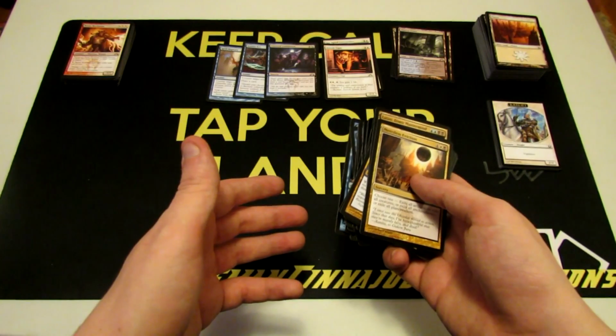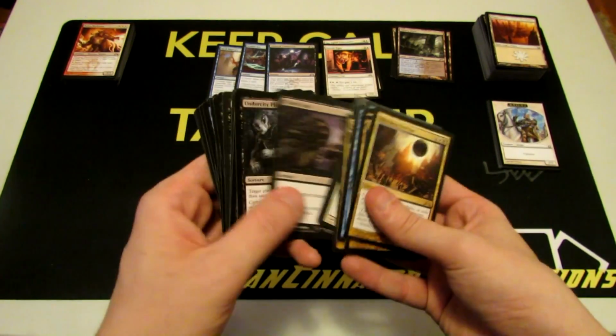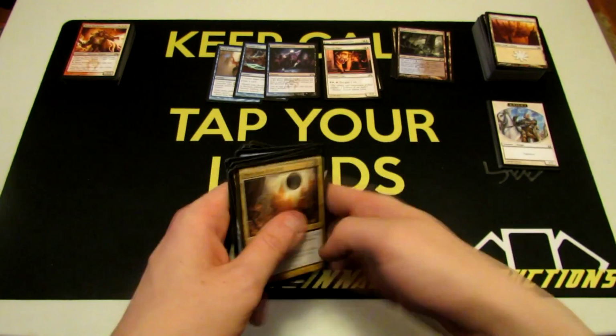23, leaving us 17 lands that we could potentially run. So that's pretty perfect. I mean, that seems pretty all right. The rest of the cards that we have, like,